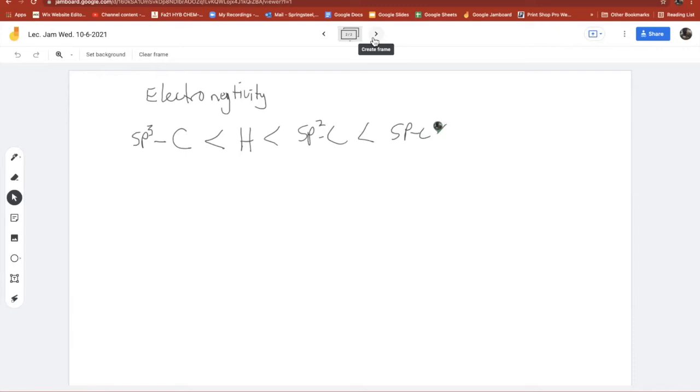Which are much less electronegative than the nitrogen and the oxygen and the fluorine. The key thing though is that I like to think of these sp3 carbons as less electronegative than hydrogen. So when they're bonded, they're really close, but the hydrogen pulls a little bit of electron density away from the carbon, relatively. So let's see how that affects radical stability.